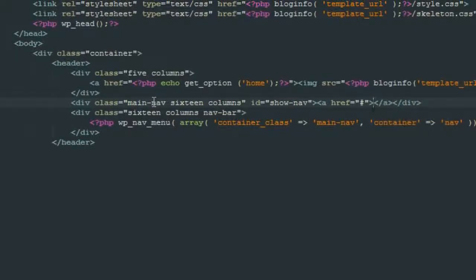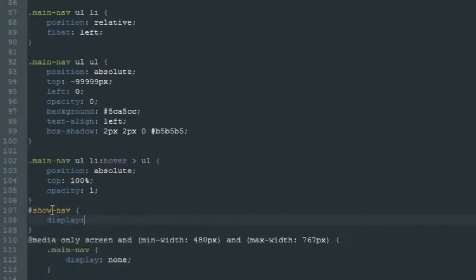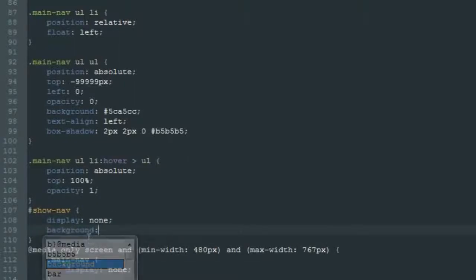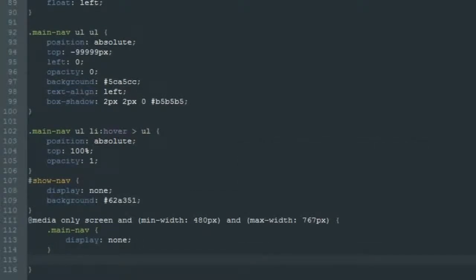And then I'm going to add some text inside the anchor tag of toggle navigation. Let's style this in here, say show nav. It's going to default to display none because we do not want it on the other resolutions, on the larger screen. We don't want to see this. So make sure it's always set to none, and then we're going to show it in our media query. So make sure we add the same background color, which was 62A351. And now in our media query, we're going to set that